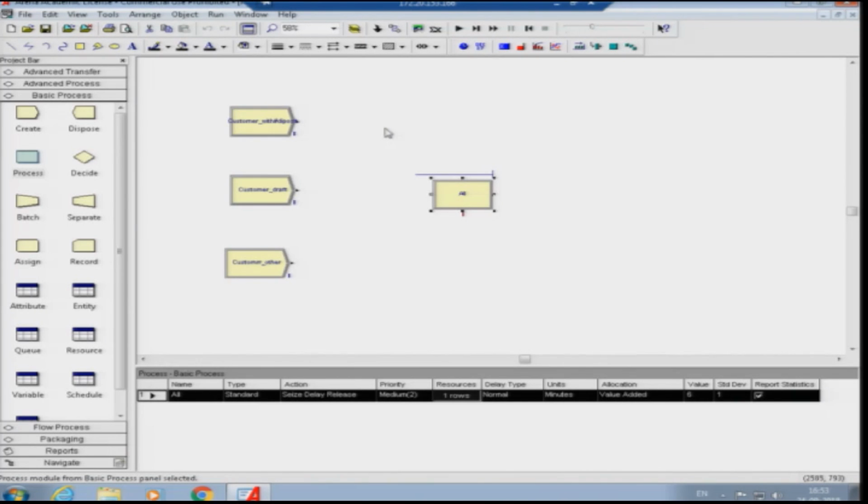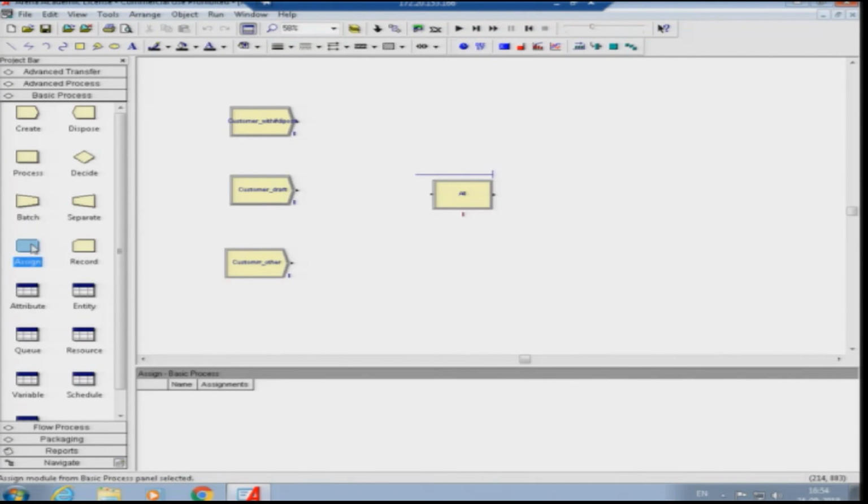As I told earlier, you need to put assigned nodes in between to specifically identify these 3 customers, so that for the customers who want demand draft, we can direct them to the manager, and all the other customers who don't want demand draft can directly exit after they have completed their work at the window.